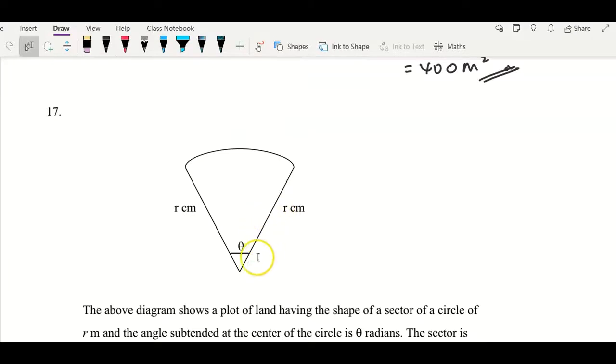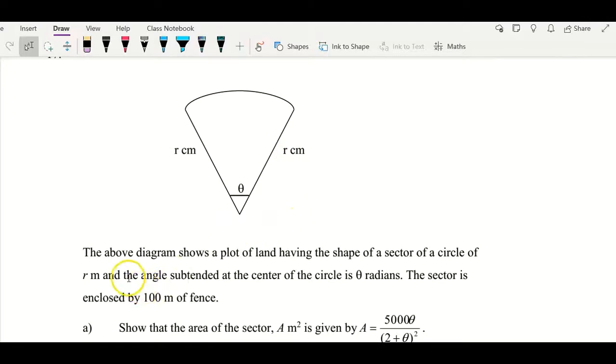For question 17, I have this sector. Let's read the question. The above diagram shows a plot of land having the shape of a sector of a circle, where r cm is the radius, and the angle subtended at the center of the circle is θ radians. The sector is enclosed by 100 meters of fence, meaning this information gives you 100 meters of fence, this means that this line,